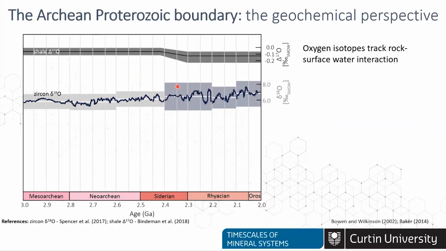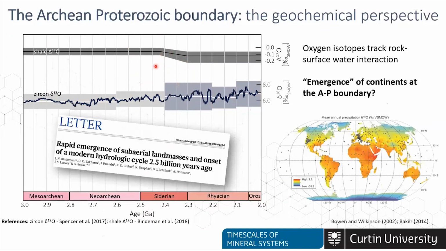So interestingly, a similar trend has been observed in the shale oxygen isotope record. This curve there at the top of the figure shows the triple oxygen isotope evolution of shale expressed as cap delta 17O. And very similar to the zircon record, you can see that throughout the Archean, it's relatively consistent. And then between 2.4 and 2.3 GA, it's subject to a change, which, according to these authors, is best explained through a change in the oxygen isotope composition of surface waters that interacted with the continental crust to then form